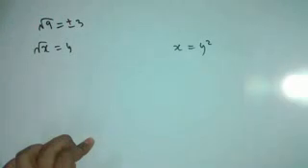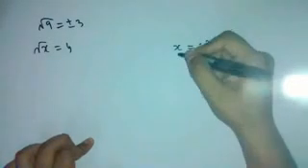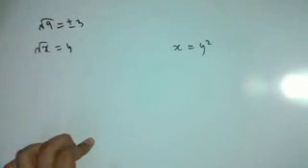But in this equation, when we take x is equal to 1, we get y is equal to plus minus 1. When we take x equal to 3, we get y is equal to plus minus root 3. When we take x as 4, we get y is equal to plus minus 2. So basically for every value of x here we are having two values of y. Therefore this is not a function, but it is still an equation, right?